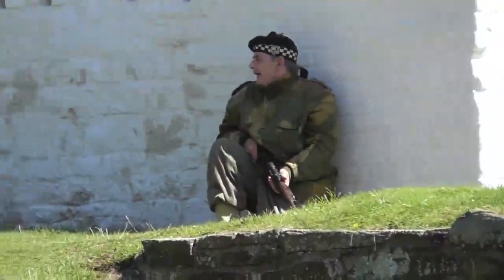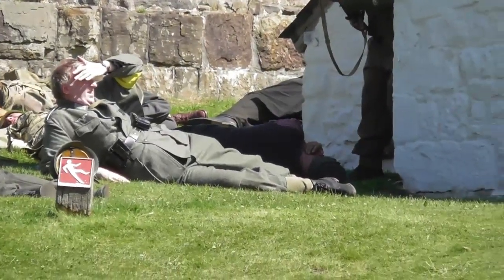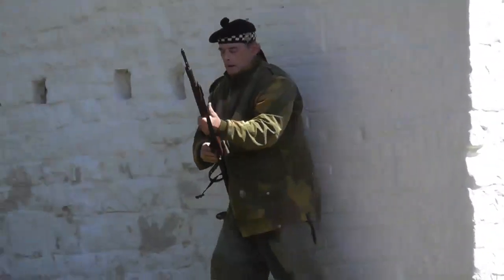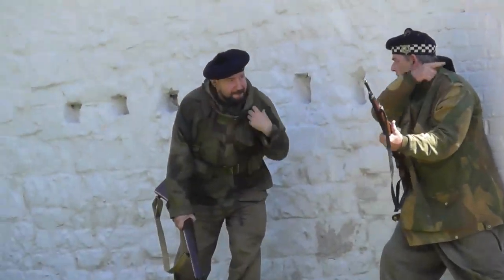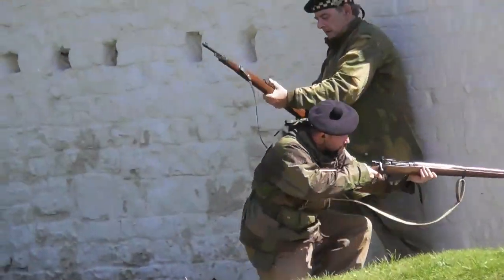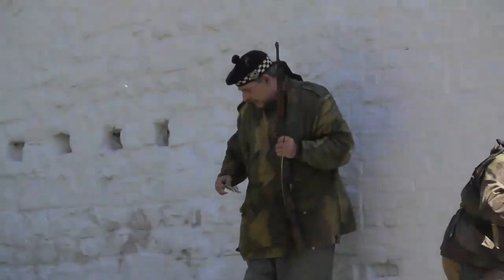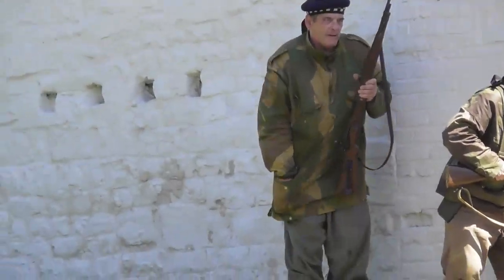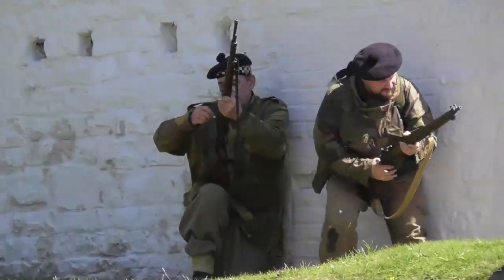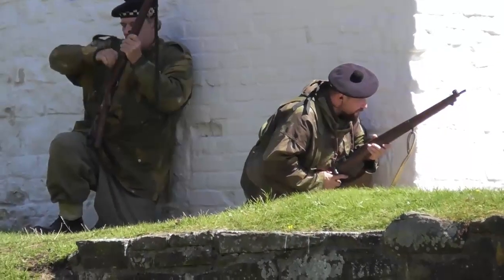And I think our final German defender, loading his last rounds of ammunition. They think they're really, really... And the Allies start to move forward now from the upper part of the...